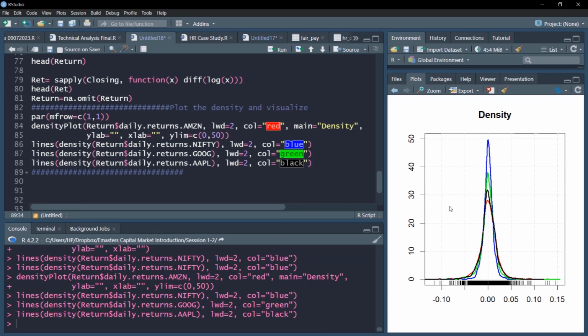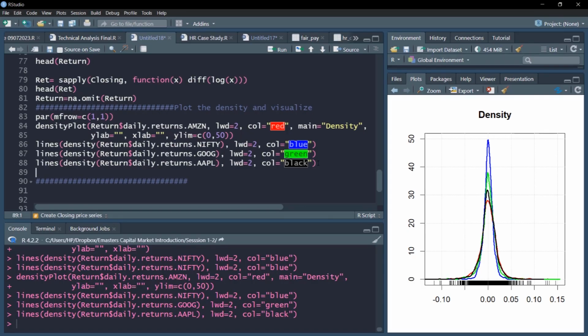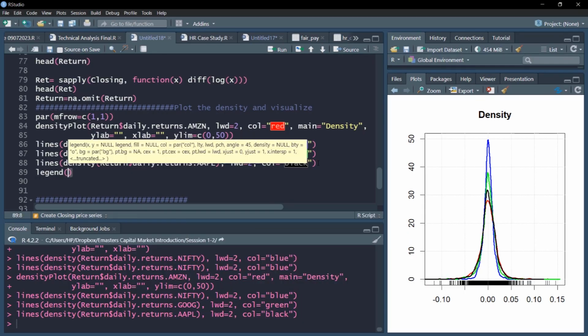Now a more appropriate comparison. Also, I can probably improve this graph. Notice I can add a nice legend to it, so it looks more publishable. So let's add a legend. The top right and top left windows are open, so I'll use the top right. Maybe you can use top left also, there are various options, and provide the legend: Amazon,